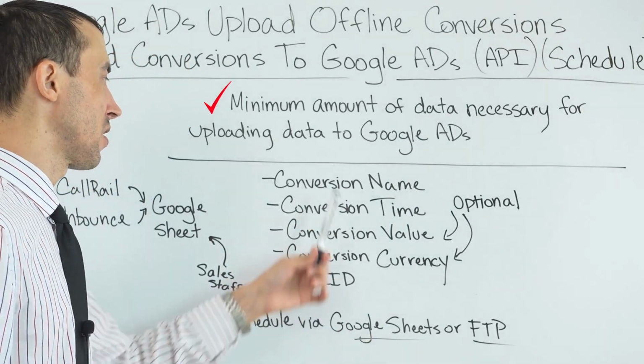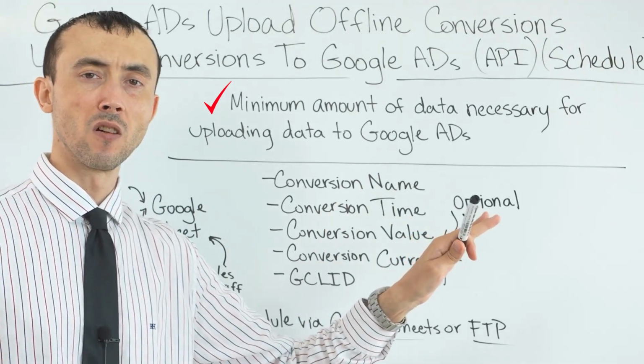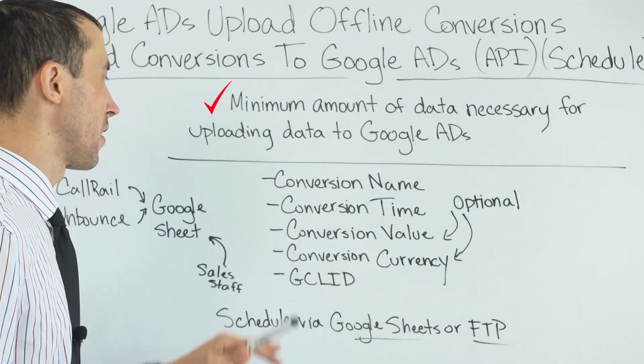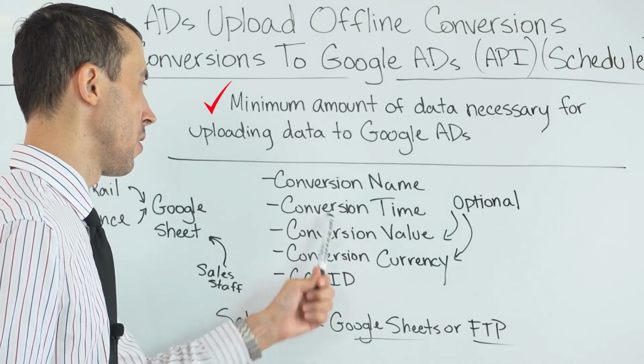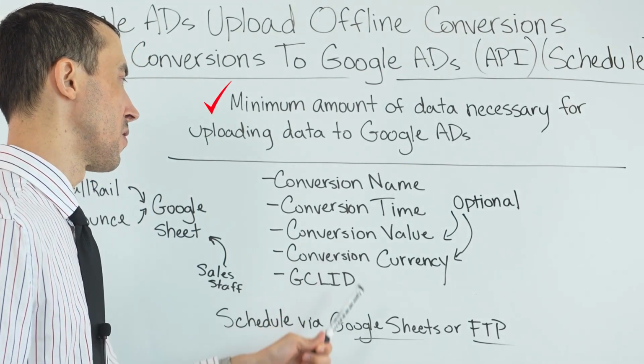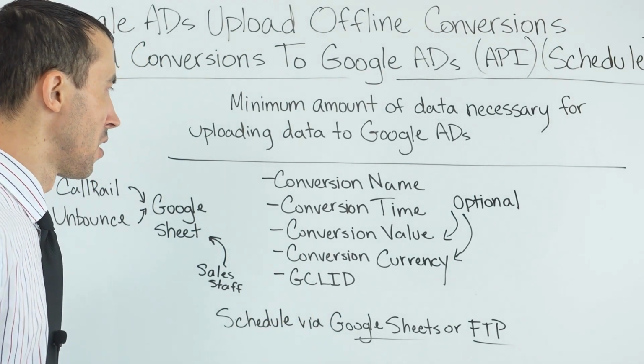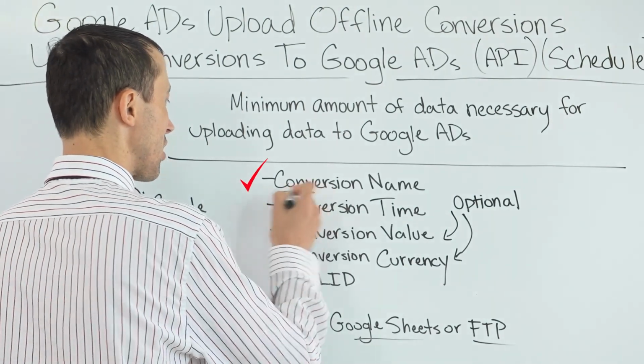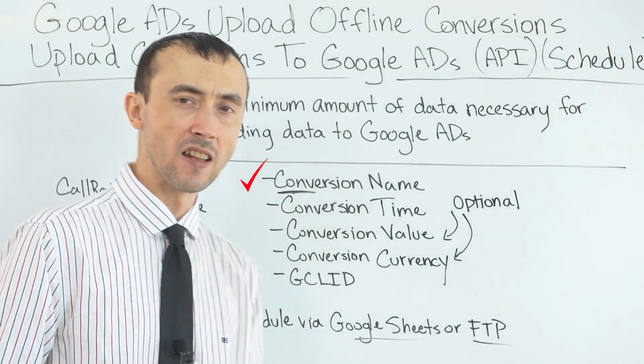Those pieces of information they want to know about your customers to do this upload of offline conversions to your account are conversion name, conversion time, conversion value, conversion currency, and GCLID. Conversion name, this actually just comes down to the goal that you set up in your ads account to track